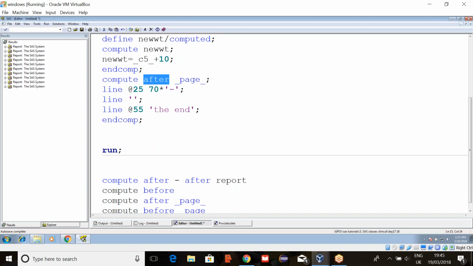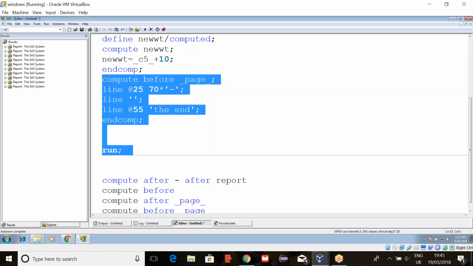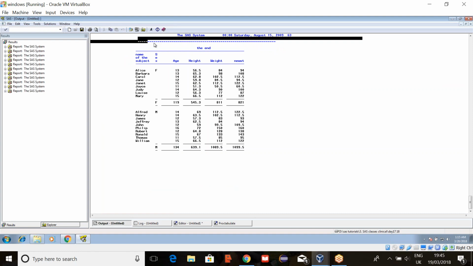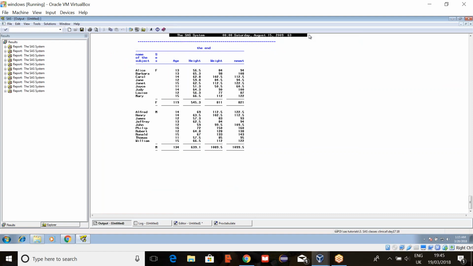Before page, if you want to give some titles, we can give those titles here, before the page. So I want to remove these things. How to remove these? By using no date, no number, and then just simply title.